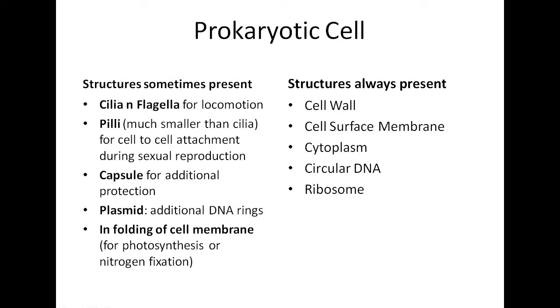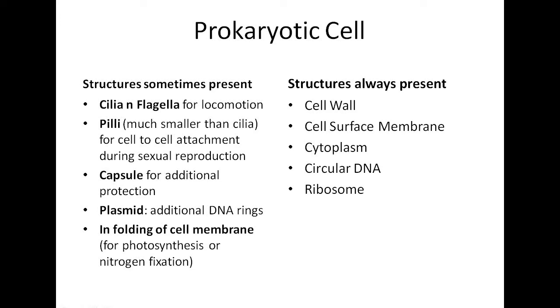The first structure is for locomotion. It is cilia and flagella. The next structure is pili. These are smaller than cilia and help in sexual reproduction. Then is capsule. Capsule is for additional protection. Plasmid, already discussed, these are additional rings of DNA. If you remember your syllabus from O levels, we have read that plasmids help a lot in making products in